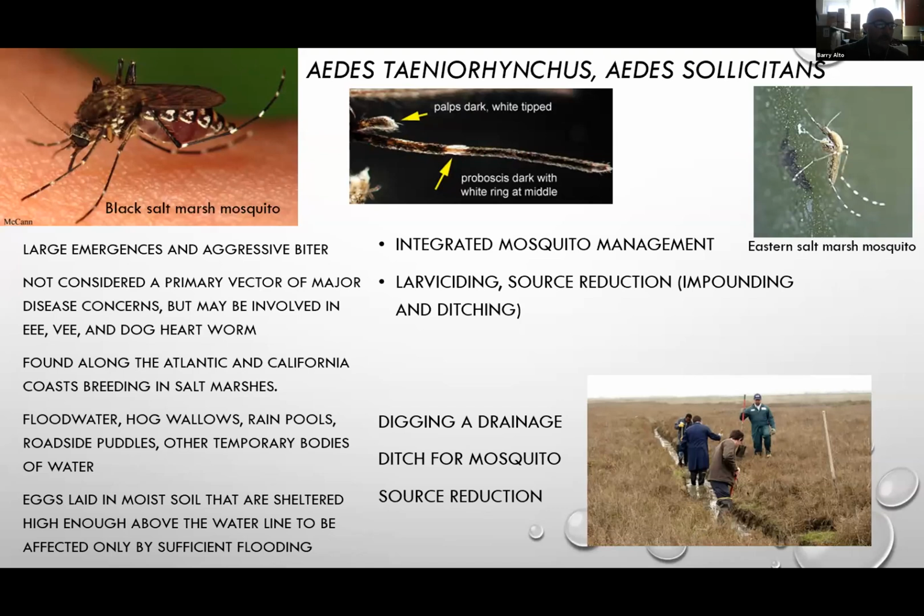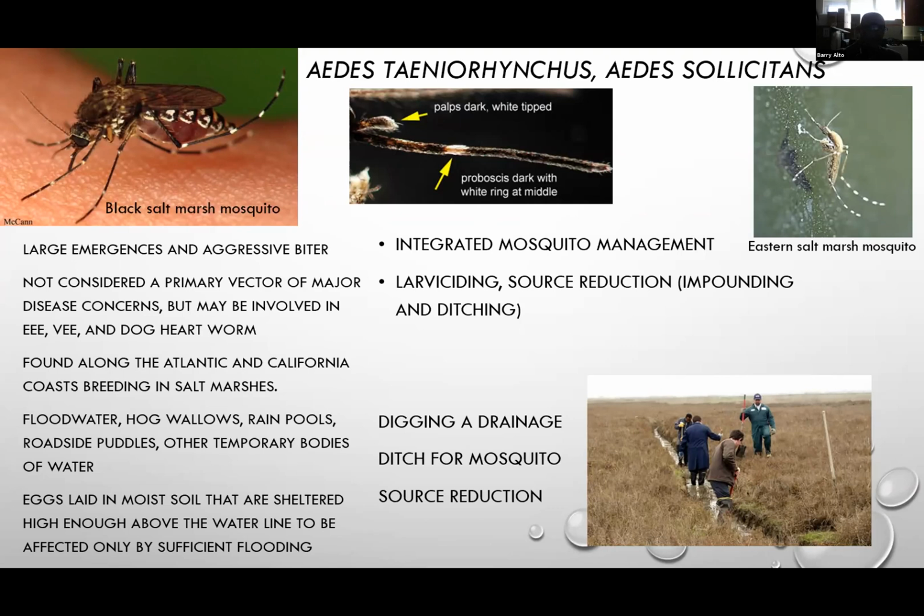dog heartworm. They're found along the Atlantic and California coasts, breeding in salt marshes, as well as other parts of the tropical Americas. They occupy floodwater, hog wallows, rain pools, roadside puddles, and other temporary bodies of water. These eggs, like others, are laid in moist soil that are sheltered high enough above the water line to be affected only by sufficient flooding. And it's that aspect of the biology which is really important, and it shows that when